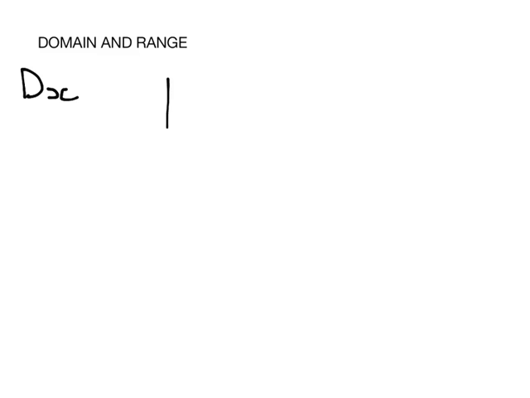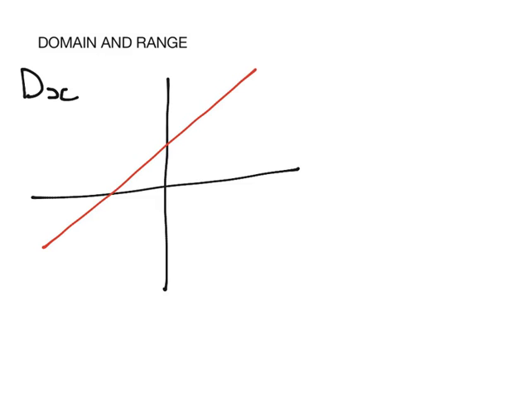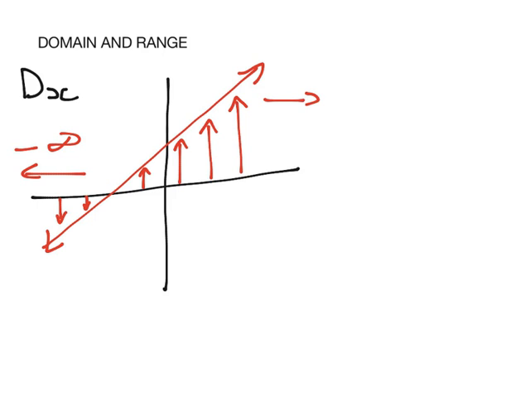So for example, if we have a straight line, for that straight line, any possible x value is present, from negative infinity right through to positive infinity. So for that particular straight line, if we want to know what the domain is, the domain of x, there's